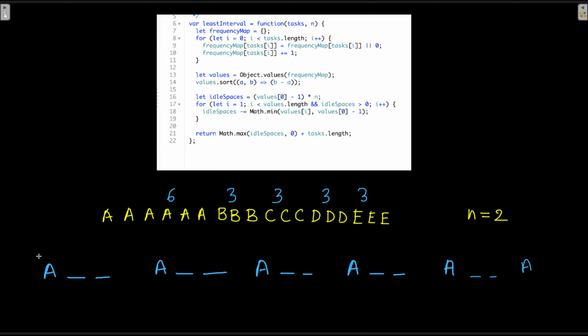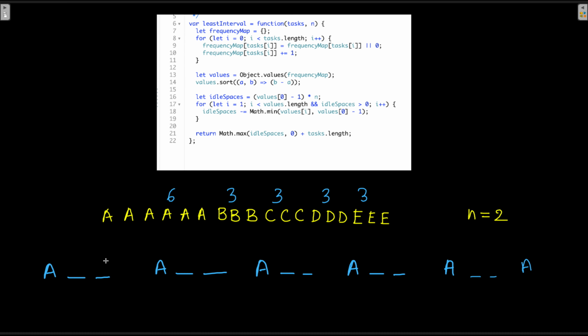Now the thing to understand here is that this number of idle spaces is actually the minimum number between two consecutive tasks of the same type. There have to be at least two CPU cycles. There could be more. Nobody is stopping from having more.